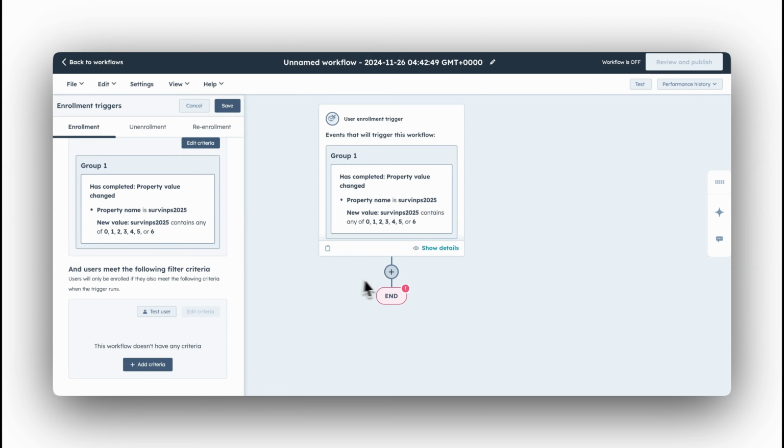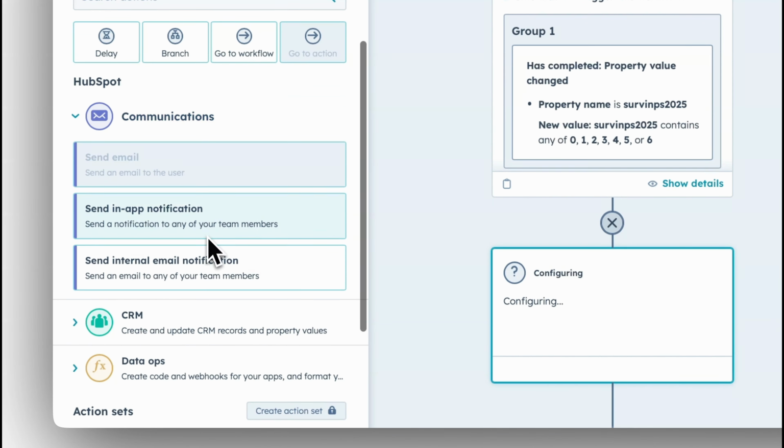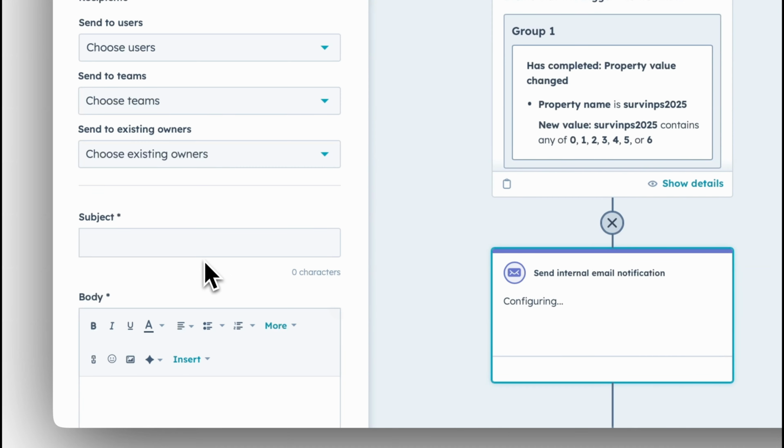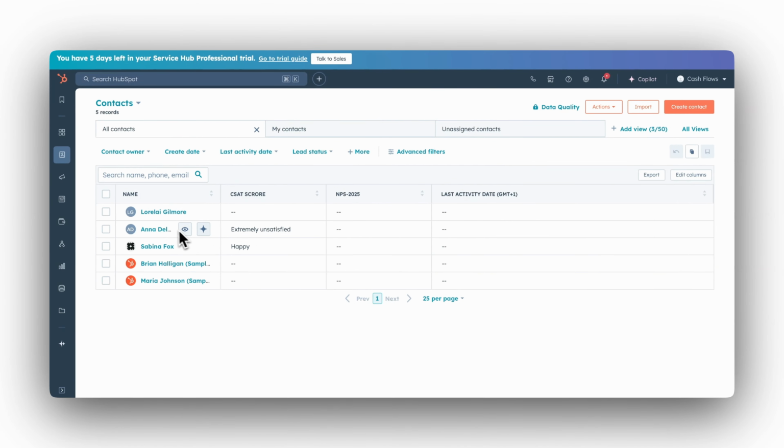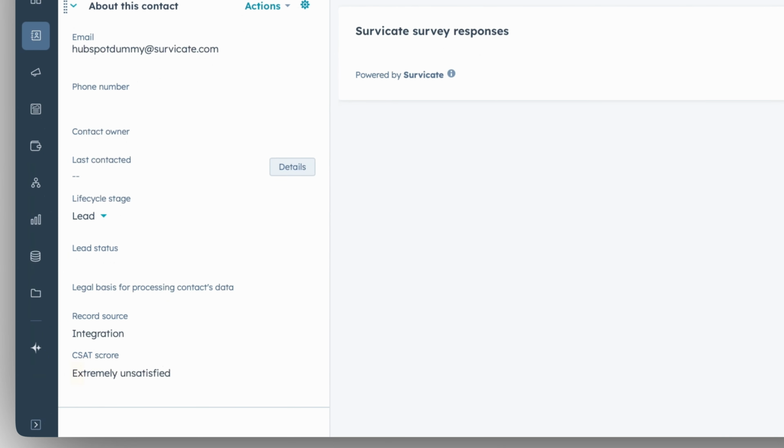HubSpotters use Survicate to facilitate workload delegation. Data from surveys can be easily accessed by everyone in the company. Tasks can be immediately assigned to the right person, and in some cases, automation can fully take over. This integration allows businesses to trigger surveys, providing personalized communication with customers based on responses. And of course, survey responses are automatically synced to your HubSpot CRM, allowing you to have a unified view of